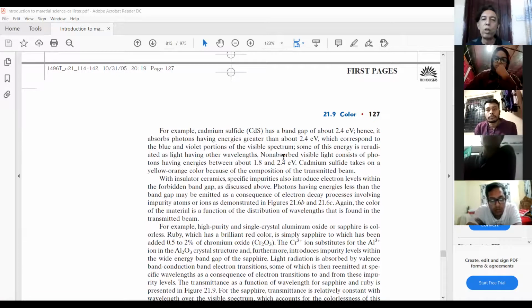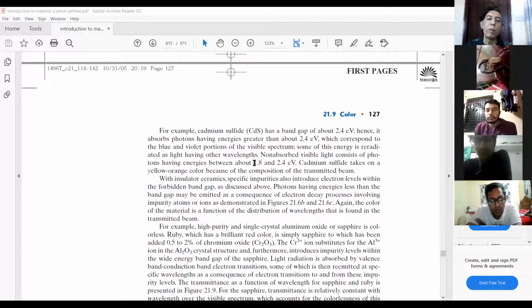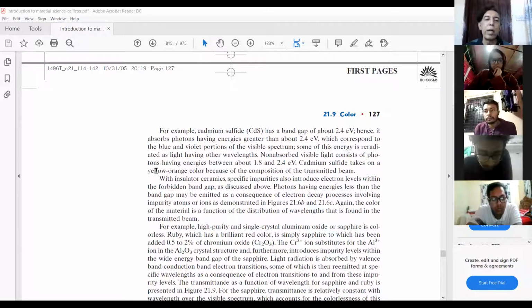Non-absorbed visible light consists of photons having energies between about 1.8 to 2.4 electron volts. তাহলে 2.4 ইলেকট্রন ভোল্টের বেশি হলে সে অ্যাবজর্ব করে ফেলবে, আর নন অ্যাবজর্বড হচ্ছে 1.8 থেকে 2.4 ইলেকট্রন ভোল্ট। এখন 1.8 থেকে 2.4 ইলেকট্রন ভোল্টের কোন কালার আছে? ইয়েলো অ্যান্ড অরেঞ্জ কালার। সো তুমি ক্যাডমিয়াম সালফাইড দেখবে কোন কালারের? ইয়েলো অর অরেঞ্জ।